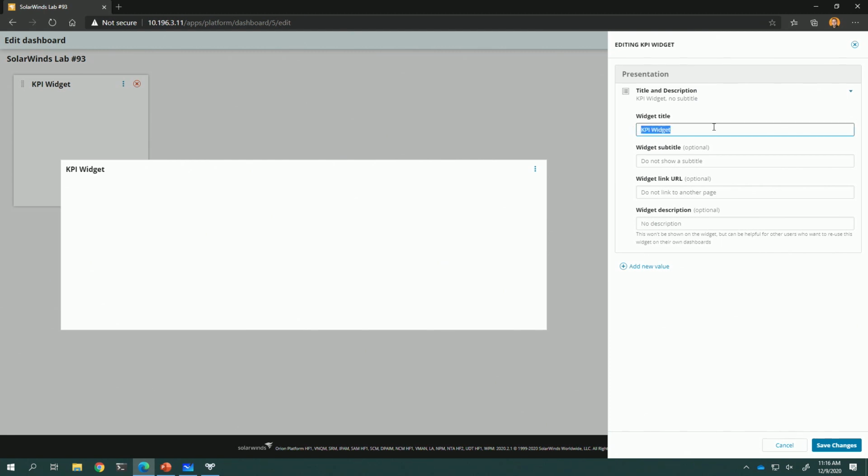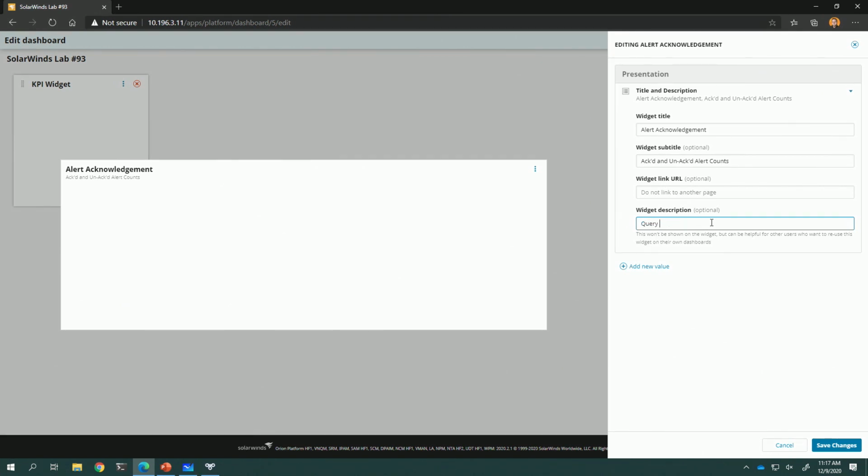So this is alert acknowledgement, and this is act and unact alert. Now this doesn't have URL, so that's fine. And widget description. Now I'm going to say you probably should put a widget description in here, and that will come up later for the reason why. It is optional, and when you're originally architecting this, it's fine to just kind of play, but I would totally put one in here.